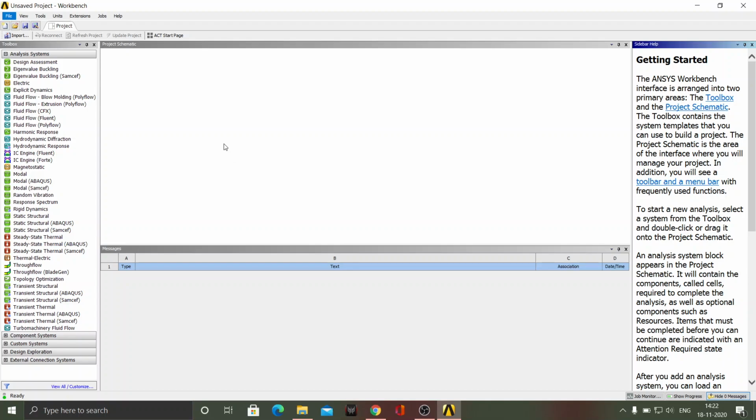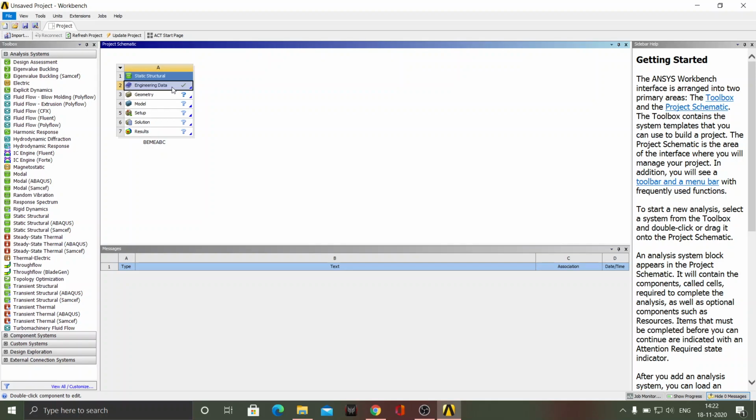So in this video we are going to see how to do the static structural analysis of a step bar. For this, first we will need a static structural module. So we'll click on this and drag and drop this particular module of static structure in this window. Once you do this, the first step that you are supposed to do is rename this with your roll number. So for this I will rename it with BMEABC. You will rename it with your roll number.